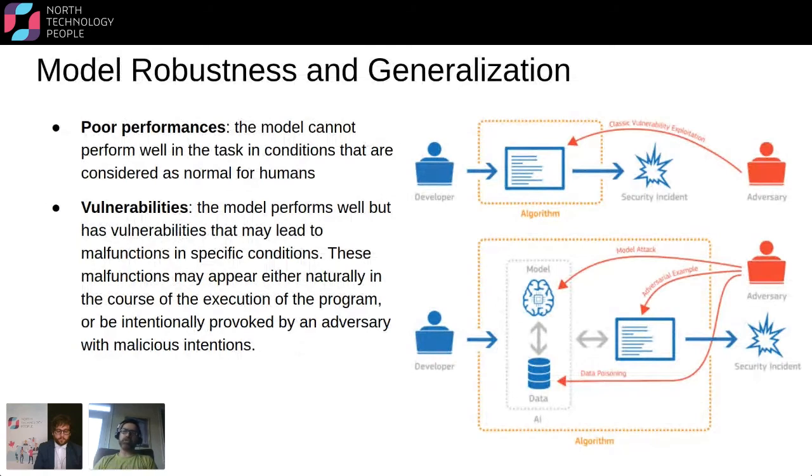You launch in production and you will see performance drop to 80% or 85%, because you always have unseen scenarios which are not covered as part of your test data set and training data set. It is not easy to find all possible real world scenarios or expect your model to adapt itself. That is why we have a concept of generalization in machine learning, where you try to make your model generalize. There are so many techniques available, but still there is no rule of thumb which will ensure that the performance of the model will be the same in production.